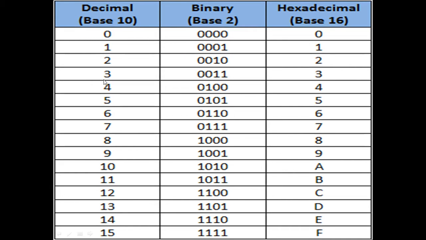But before that, you must know all the hexadecimal values. As we know, hexadecimal has a total of 16 digits, or we can say 16 symbols, in which 0 to 9, that means single digit symbols, are represented by numbers only, and two digit numbers like 10, 11, 12 are represented using alphabets. Like 10 is represented by A, 11 represented by B, and so on. And these are the binary equivalents of these numbers. So you must learn from 0 to 15 the binary equivalent and the hexadecimal equivalent of the numbers.